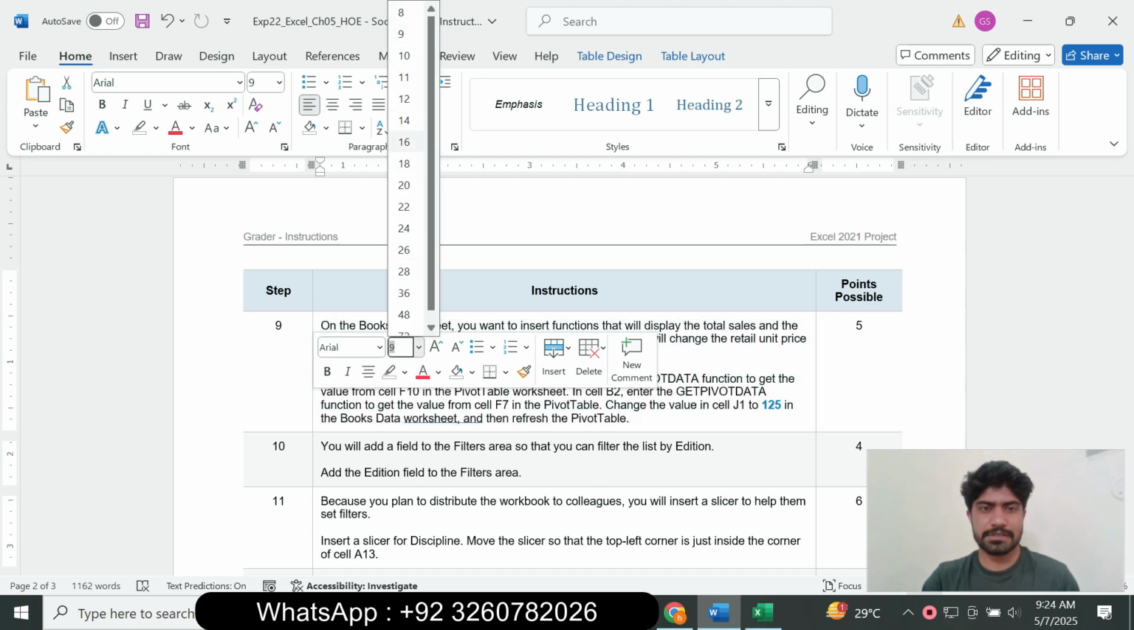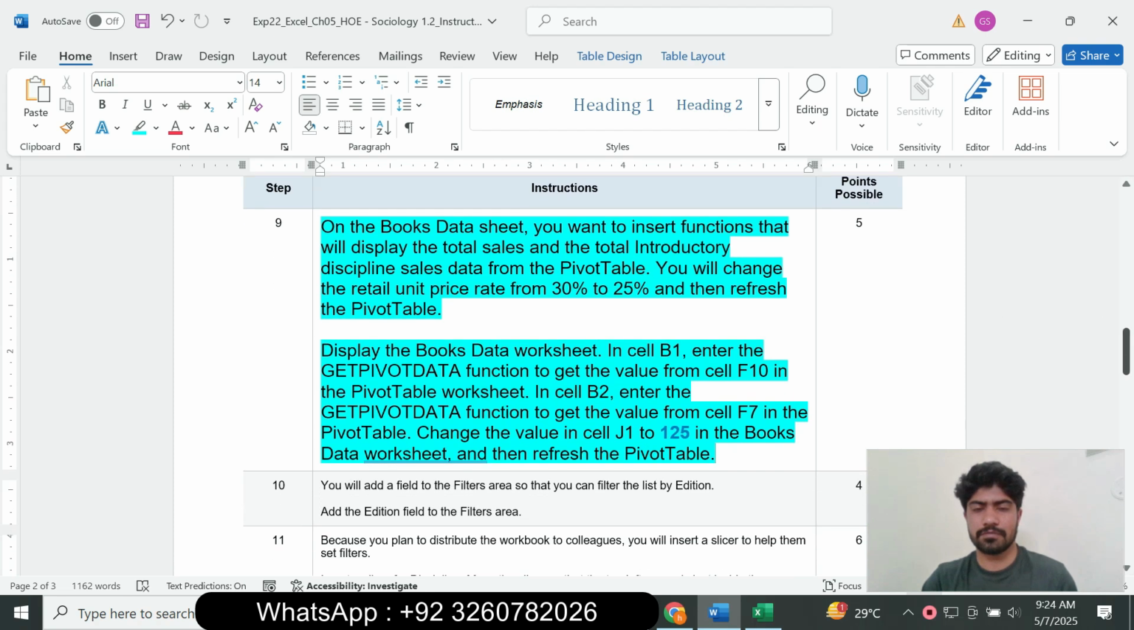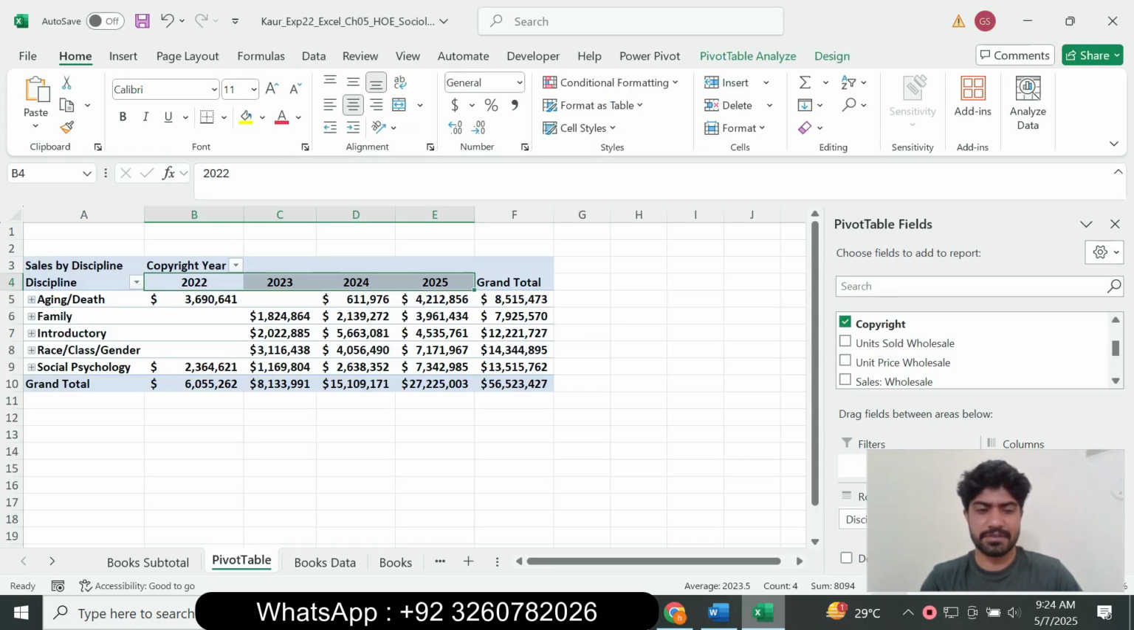So question number 9 is, on the book data sheet you want to insert the function that will display the total sale and the total discipline sale data from the pivot table, and you will change the detail unit price rate from 30% to 25% and then refresh the pivot tables and display the book data worksheet. So display the book data worksheet,